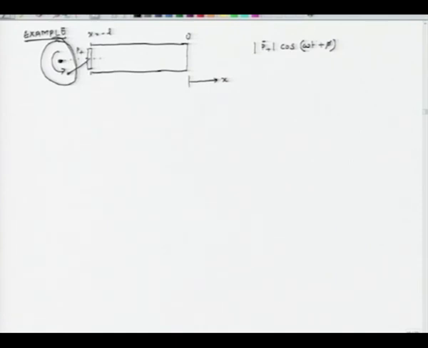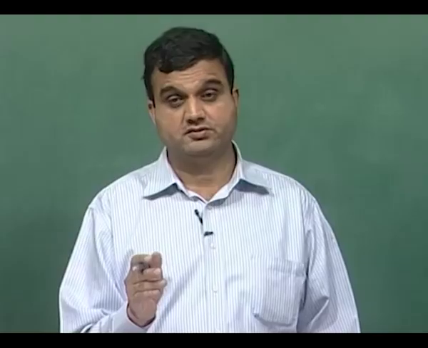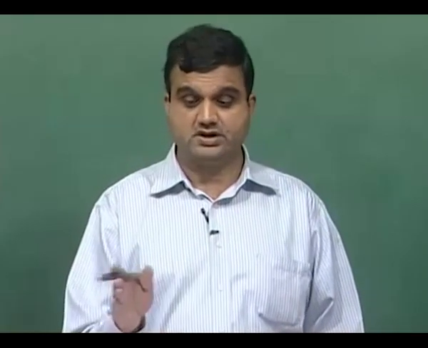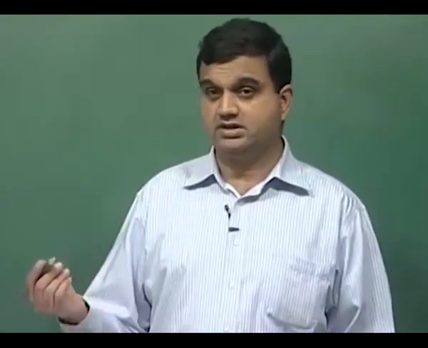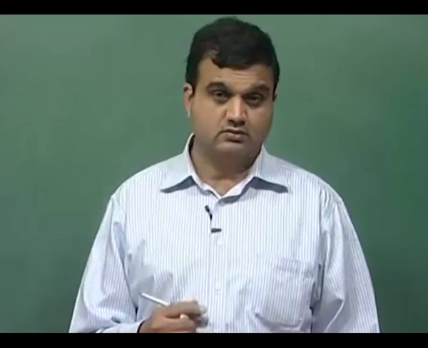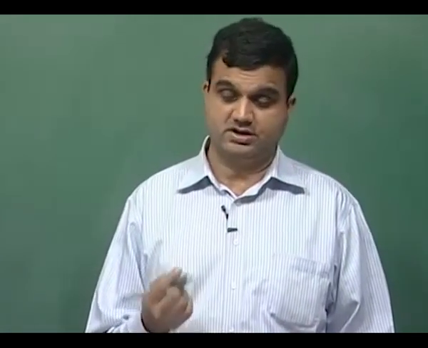So, this is my boundary condition. This is one boundary condition. The other boundary condition is that at x equals 0, I have a very rigid wall. So, no wave cuts across this wall and the wall does not move at all. So, essentially what that means is that the velocity at x equals 0 is 0. So, given these two boundary conditions, what we have to find is the pressure.